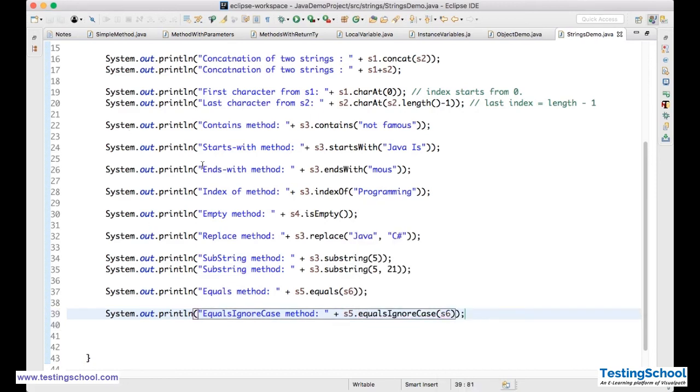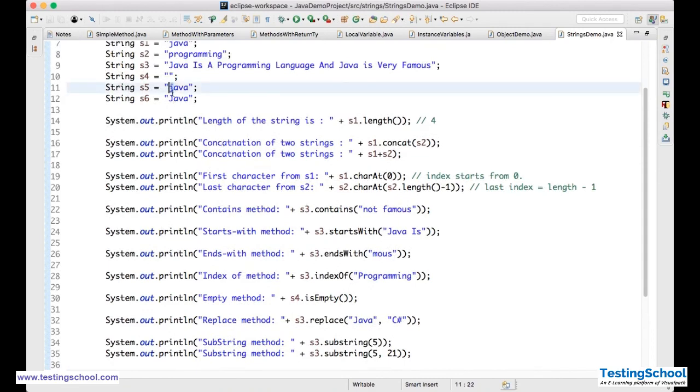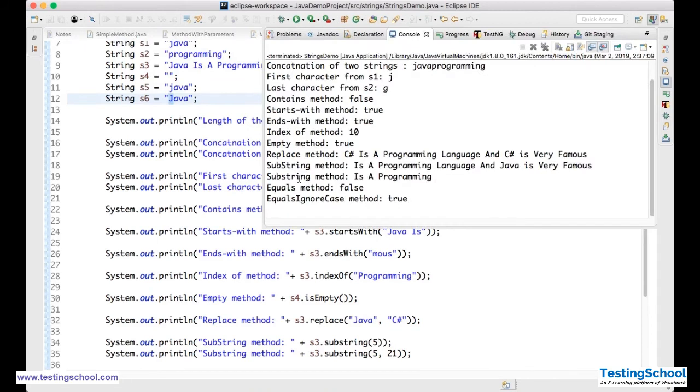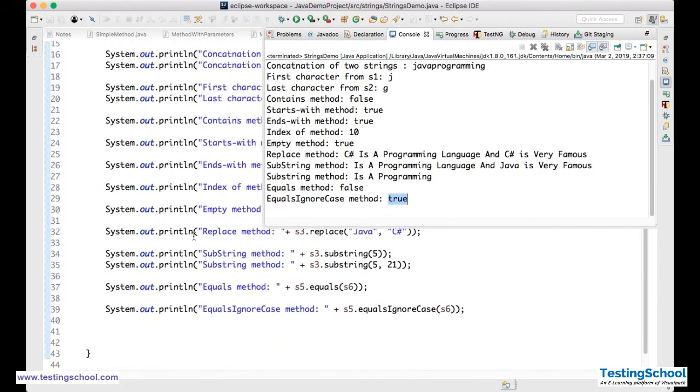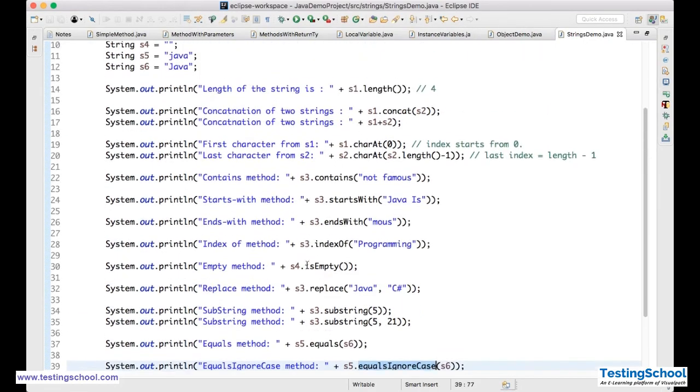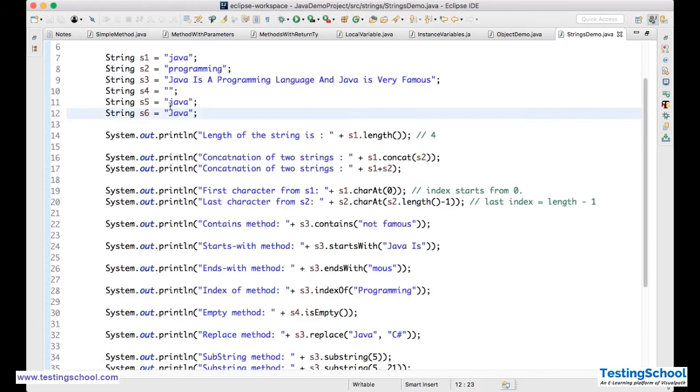Now it will see this is small j, this is capital J. Even though for the equals method it is false, with equals ignore case it is true. Why? If you say equals ignore case, then it will not look at whether it is capital J or small j, it will ignore all those things. This is Java, this is Java, that's it. It will treat them as equal.